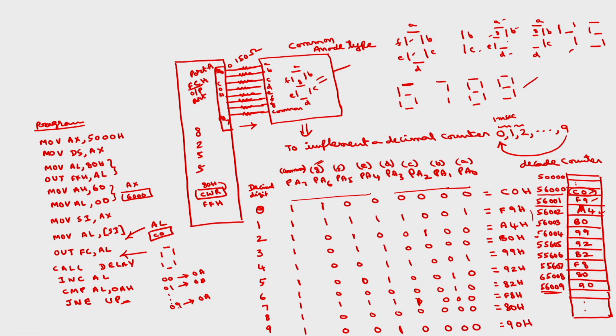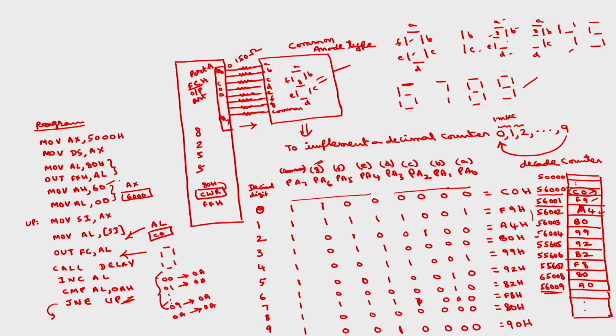So, if it is not equal you have to go to the up, true. If this is 0A, after displaying all the digits 0 to 9, then 0A with 0A they are equal. So, this is false, this will come out of the loop. So, from 0 to 9 this will go to the up. Where should this up be now? This up should be here.